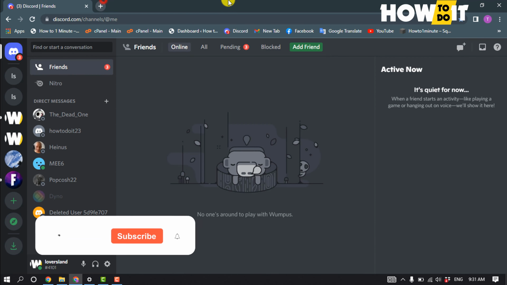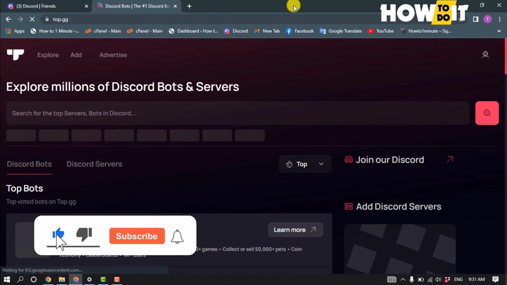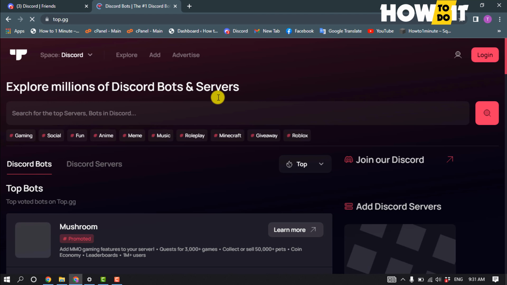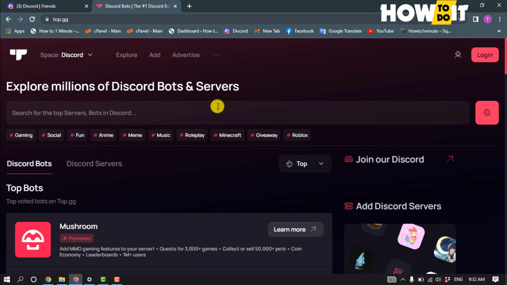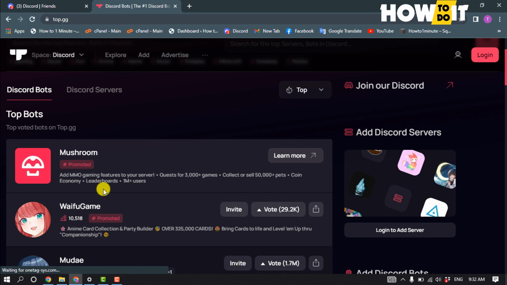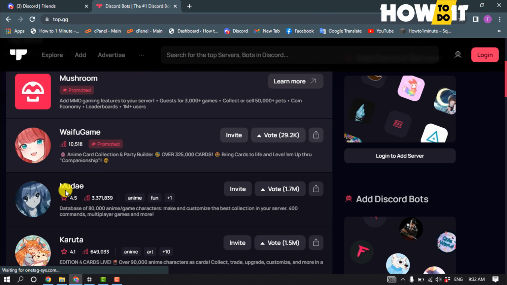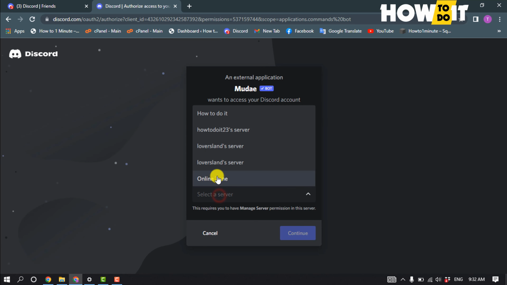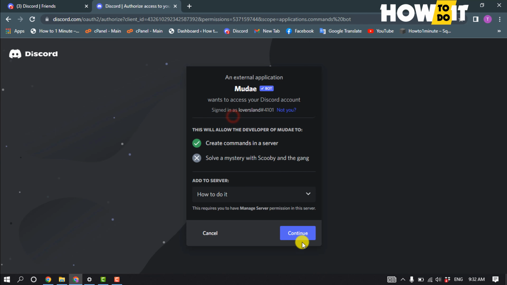So I'm going to open a website here, top.gg, and this is a very popular website where you can get lots of free bots and servers. So right now I'm going to select Discord bots, and for example I want to add this bot to my server. So for that I'm going to click on invite and select my server here, continue,